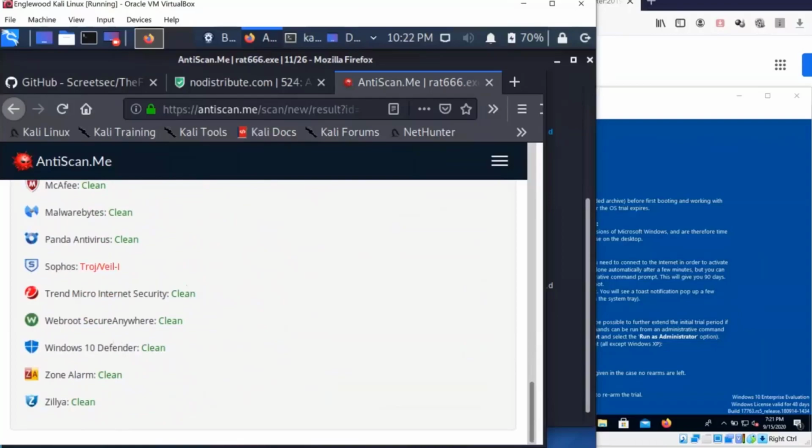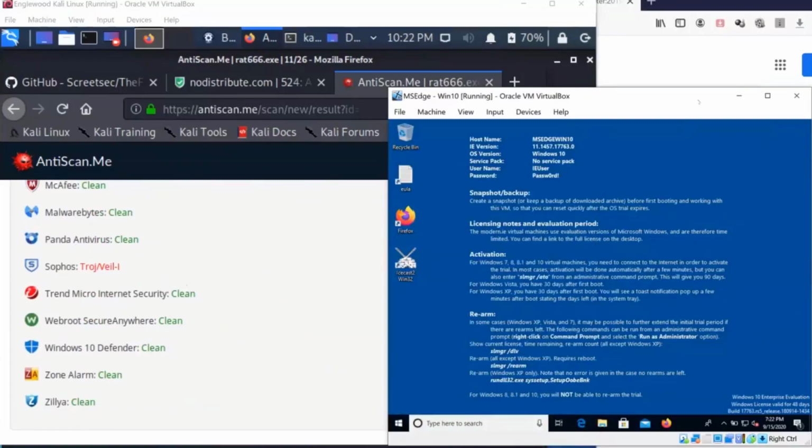So Windows 10 Defender said clean. Now, remember last time it said clean, but it was actually found by Windows Defender. Now, on my Windows system, I just did an update. So it's kind of what they call a race condition. So how quickly are the scan engines and anti-scanning, how up to date are they versus the update that I just did with